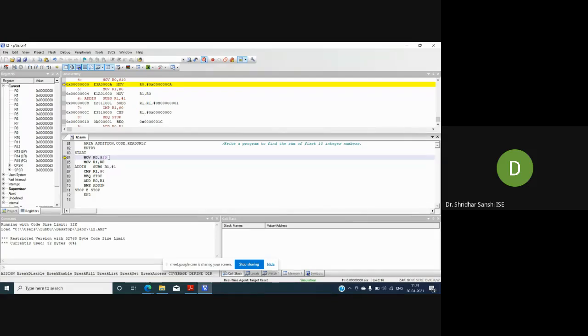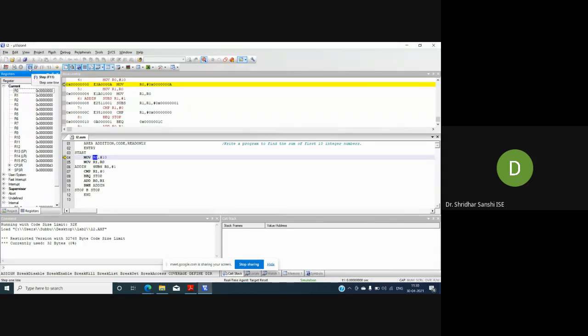I'm moving the value 10 to the R0 register. Currently, what is the value of R0? It is 0. Once I execute this instruction, the value 10 should be stored in R0. Let's see. I'm executing line by line.